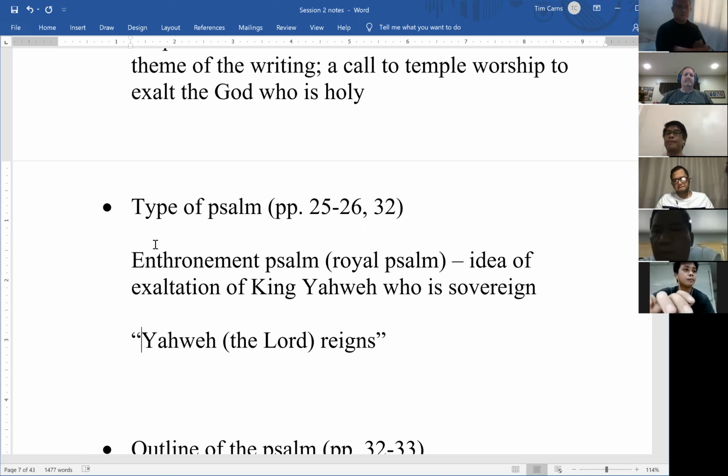And then a royal psalm may be a more general category for psalms that are referring to a king. So Psalm 47, I think, refers to King Solomon, if I remember right, or Psalm 48 or 49, somewhere in there. That's a royal psalm, and it's referencing Solomon as king. Psalm 2 would be considered a royal psalm in general, but actually it's a messianic psalm because it's speaking of the anointed one. So we would call that one a messianic psalm specifically, not just a royal psalm.